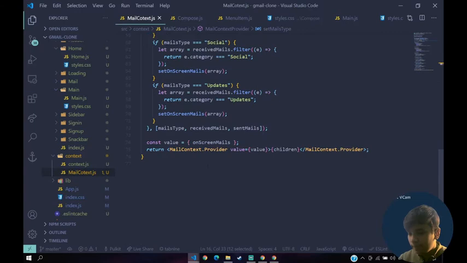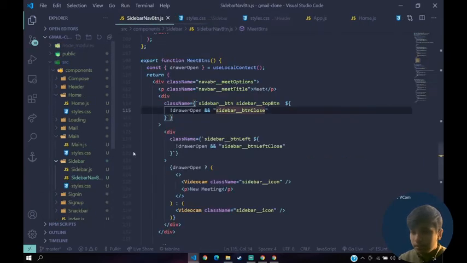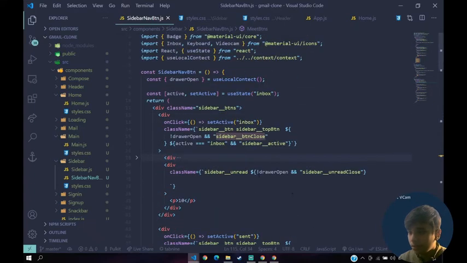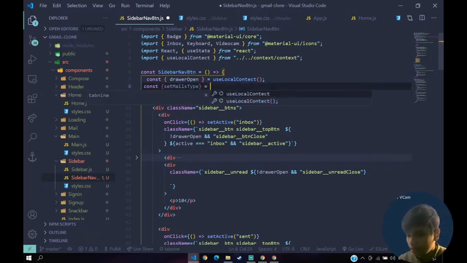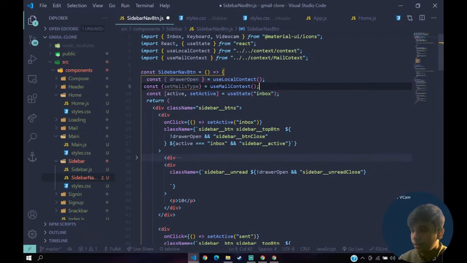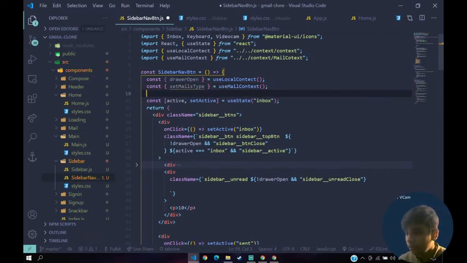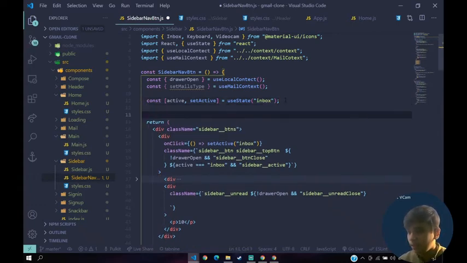So what we'll do is we'll pass this value first of all. Now first of all, we go to our sidebar nav.js. We'll get this value from there, go up, and here get this const use mail context, save that, import that, and then if a user clicks on set active, okay, here what we'll do is update primary active.